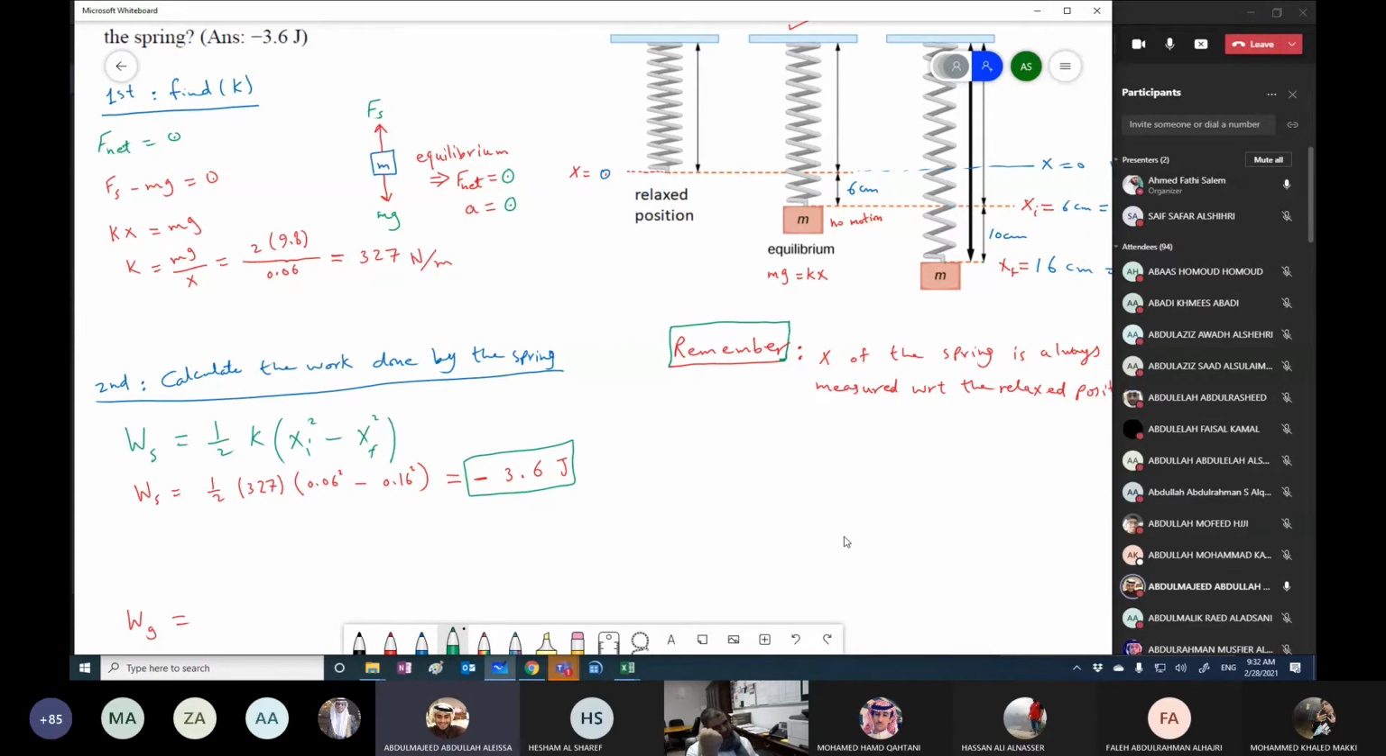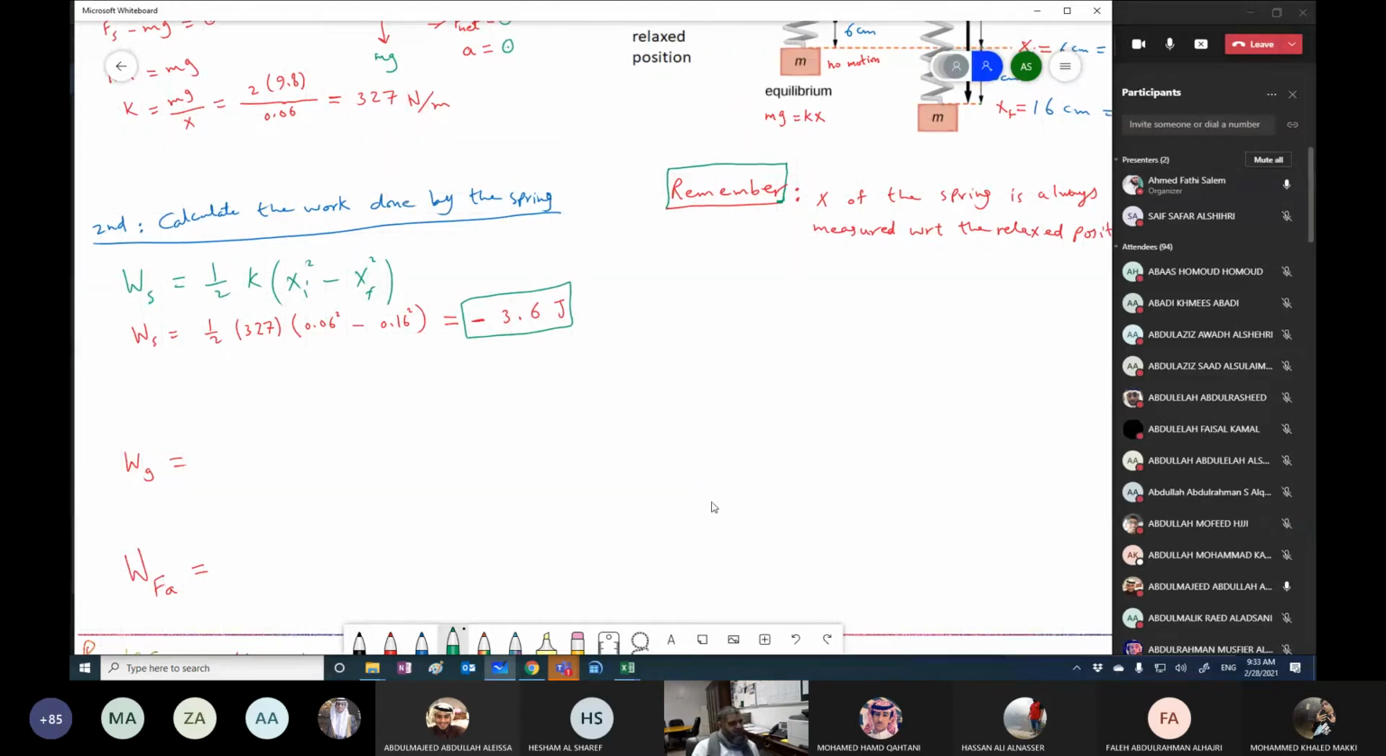So the work done by your hand is positive. Work done by gravity is positive. Work done by the spring will be negative. اللي بيساعد الحركة يا شباب هيكون الورك بتاعه positive. اللي بيعيق الحركة الورك بتاعه هيكون negative. So الwork done by gravity will be minus